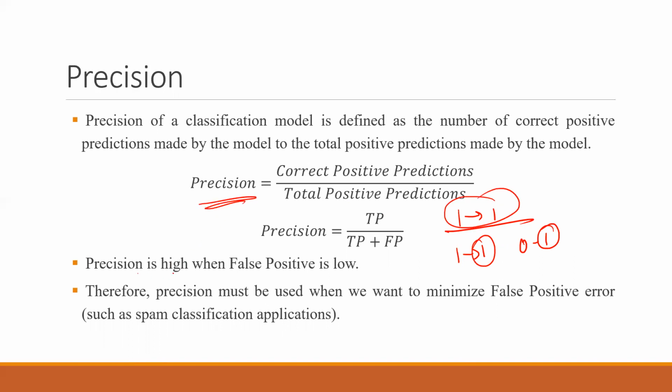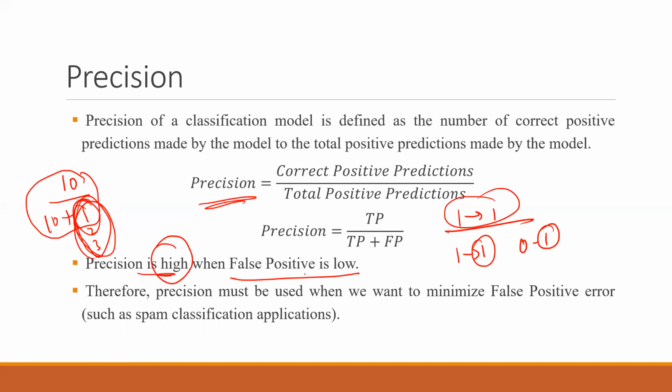सो प्रिसीजन इज हाई when my false positive is low. Obviously, let's say my true positive is 10, but my false positive अगर यहाँ पे 1 है या 2 है या 3 है, ऑब्वियसली उतना बड़ा डिनोमिनेटर होता जाएगा, तो ओवरऑल मेरी प्रिसीजन पे फर्क पड़ता रहेगा डिपेंडिंग ऑन ये नंबर कितना बड़ा है, ठीक है? तो जितना बड़ा मेरा फॉल्स पॉजिटिव का नंबर जाता रहेगा, उतना मेरा प्रिसीजन छोटा होता जाएगा. सो प्रिसीजन इज बेस्ट और हाई व्हेन माय फॉल्स पॉजिटिव इज लोएस्ट.